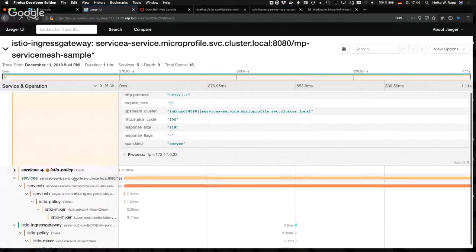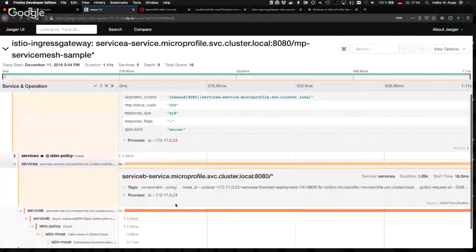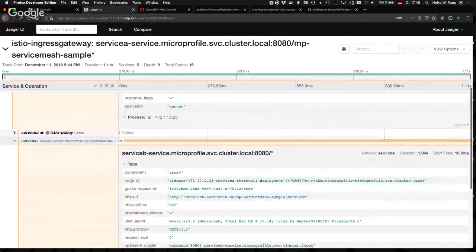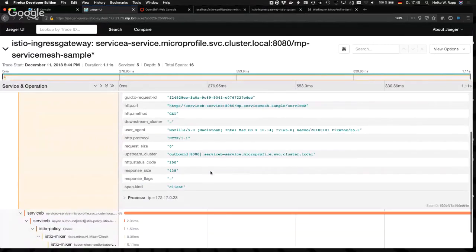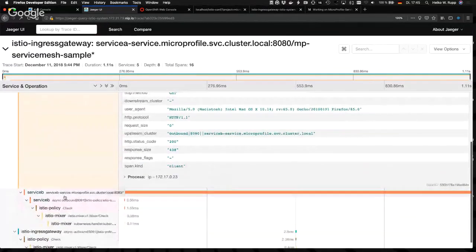And then service A, now we should be in the client, span kind client. So this is now calling out to service B, port 8080. There are the two vertical bars here, meaning no specific version, because this is something Envoy is doing. It's calling out.